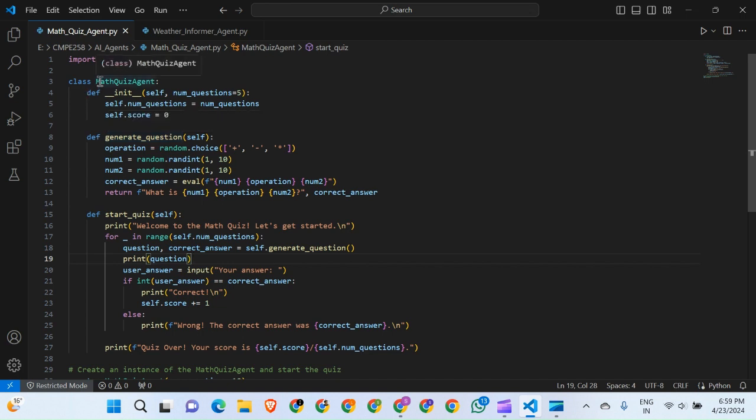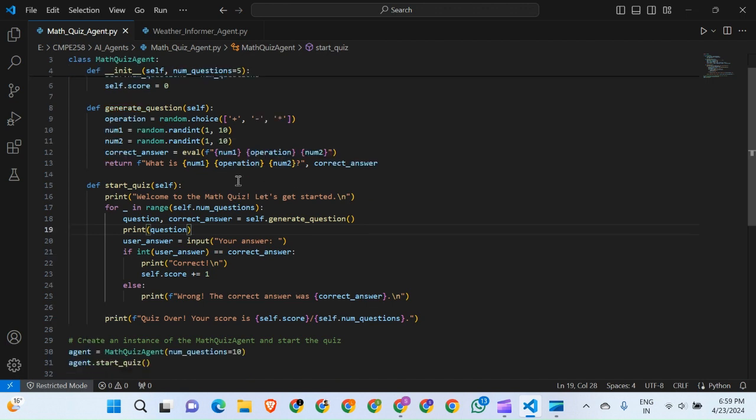So here math quiz agent, this class is designed to create and manage a simple math quiz. It's like a game. So the game consists of random math questions here, involving just basic operations